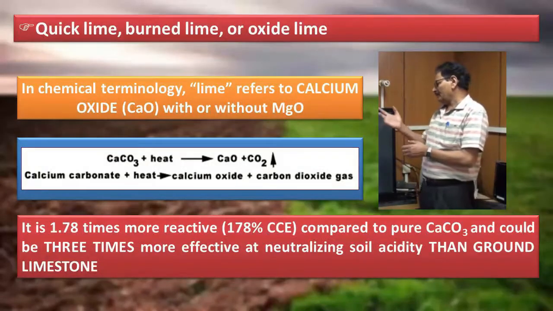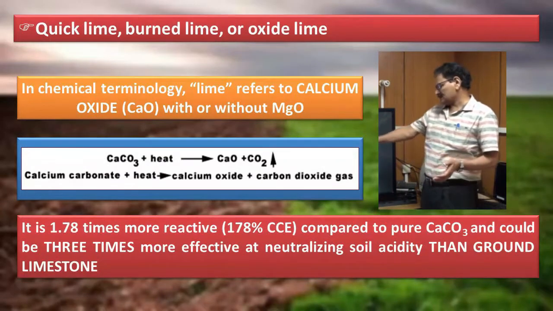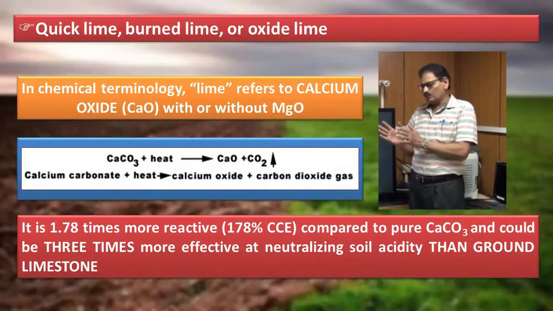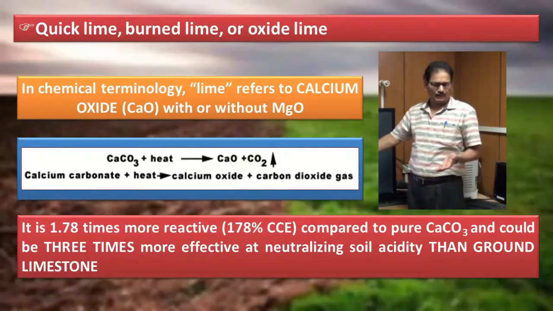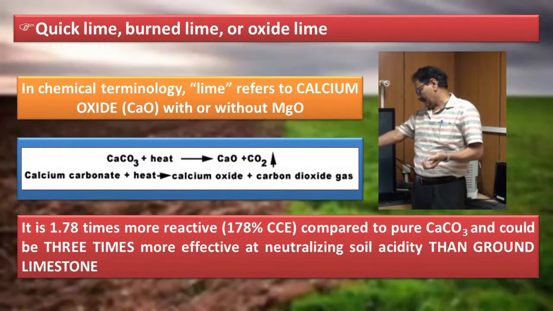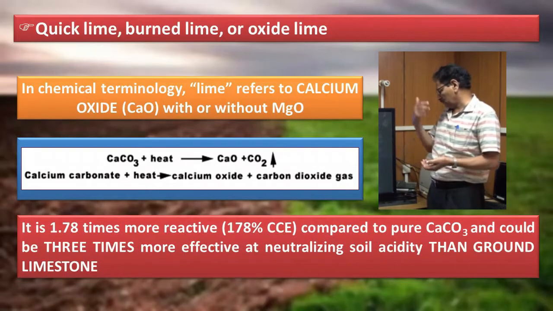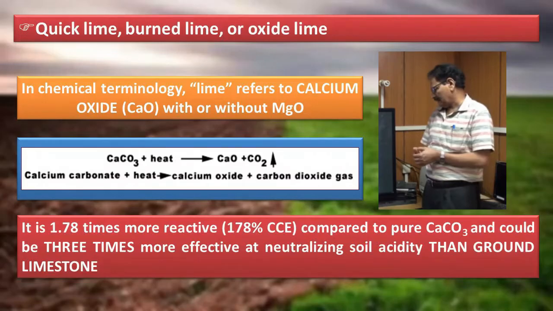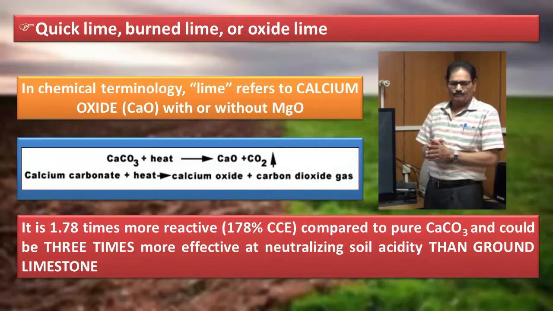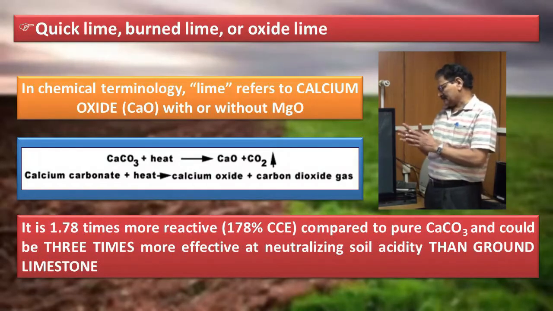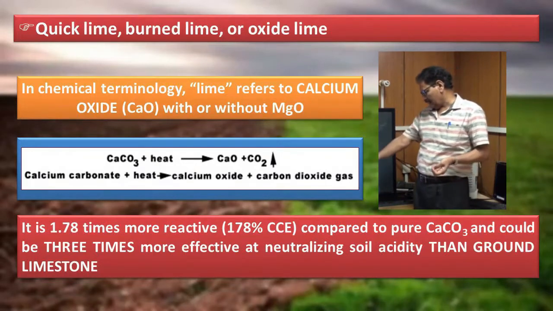Now, quick lime, burnt lime or oxidized lime, is CaO. This calcium oxide is produced by heat treatment of calcium carbonate. Calcite is heated, calcium oxide is produced, and CO2 escapes into the atmosphere. It is 1.7 times more reactive than calcium carbonate and could be 3 times more effective at neutralizing soil